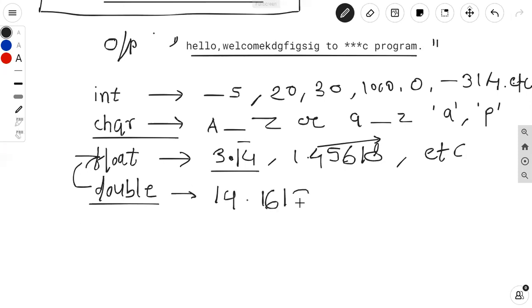Suppose any number which is a large number as compared to the float. Okay, such a type of number is contained in double data type. Okay, so always remember int, character, float and double.